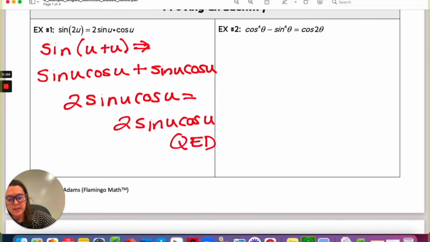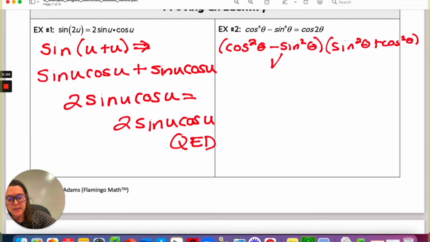QED. Done. For number 2, we're going to show that the cosine to the 4th power of theta minus the sine to the 4th power of theta is equal to cosine 2 theta. So I notice here that I have a difference of squares, which really is cosine squared theta minus sine squared theta, times sine squared theta plus cosine squared theta. This right here I notice is a difference of squares,